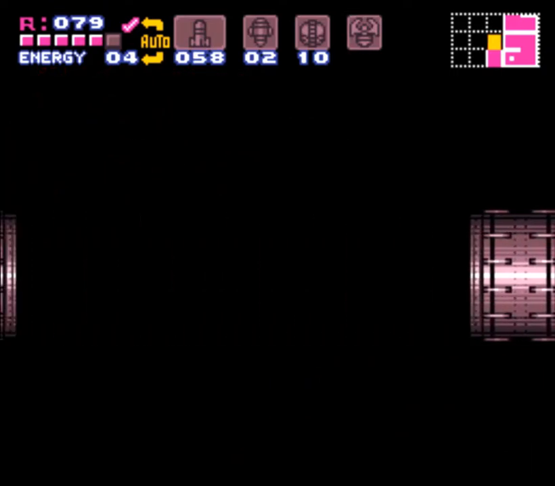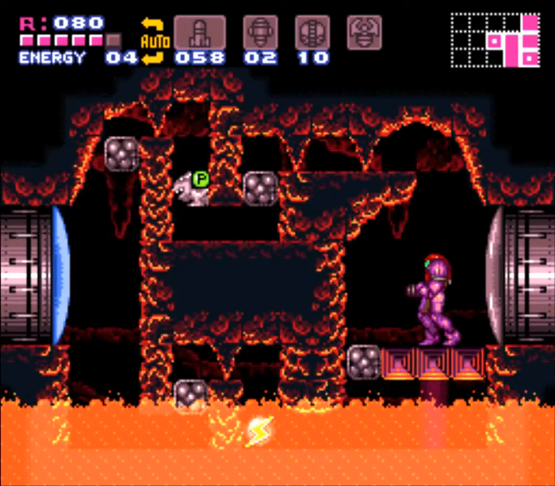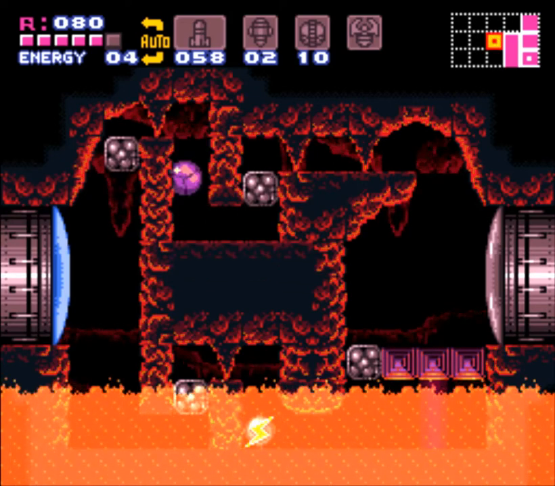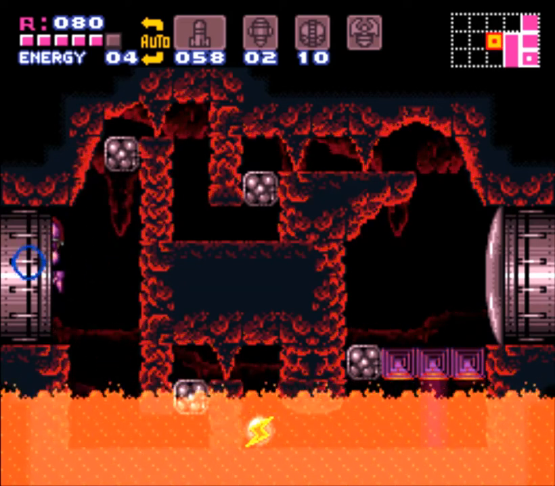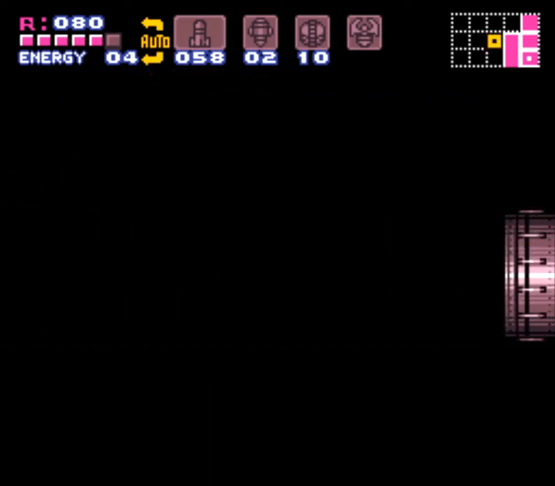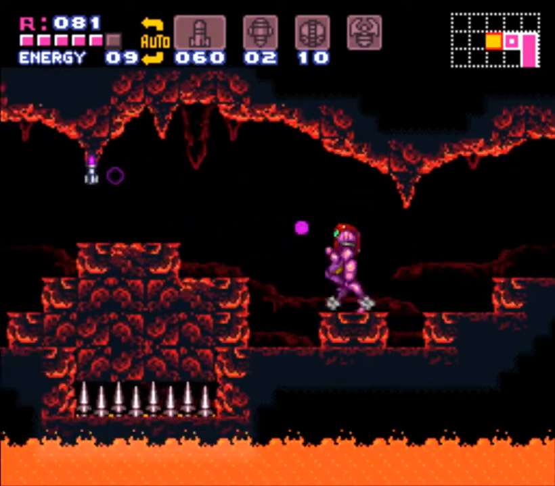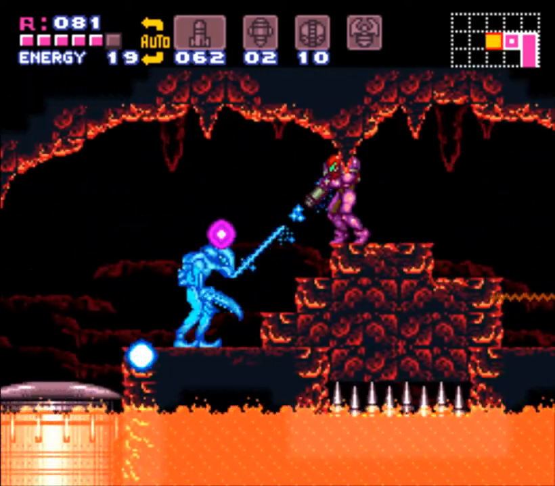Because now you have the choice between Plasma Beam and Screw Attack, and I'm choosing Plasma Beam because my beam is pitiful right now. I consider, in this situation, Plasma Beam is the more offense-based, and Screw Attack is the more defense-based weapon. So you don't want to choose the offense-based weapon on both sides, which would be Spazer and then Plasma. One, because Spazer cancels out...